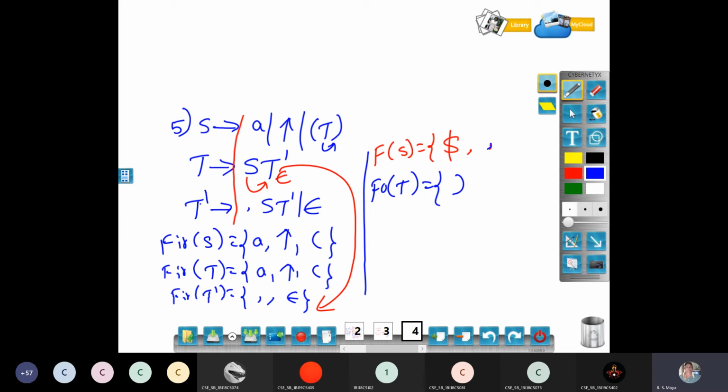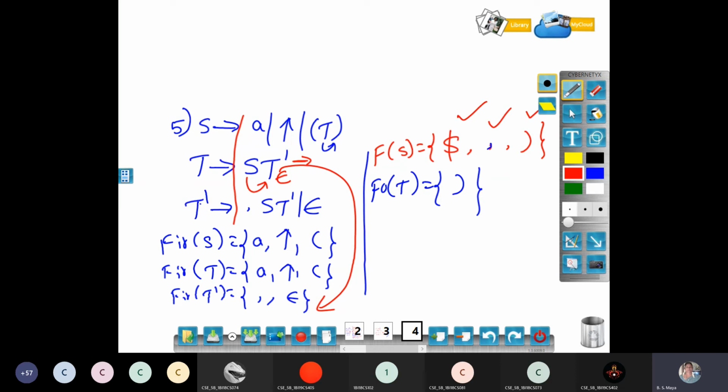Is there any other, or only one? No, ma'am, only one. You can search all three productions. I am not getting T anywhere else. I got close parenthesis. Then I have to include, along with this comma, close parenthesis also. Why close parenthesis? Because in the follow of the second rule, with epsilon, I have to write follow of T. Follow of T is close parenthesis, so I am writing follow of T also in follow of S. Dollar, comma, close parenthesis. There are three symbols.